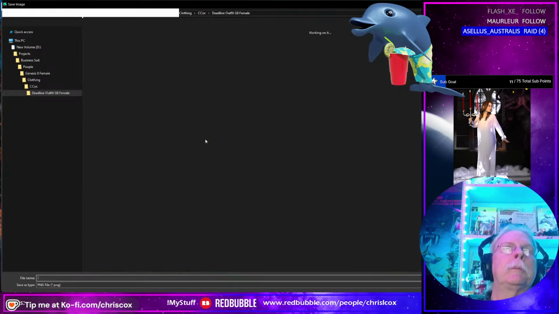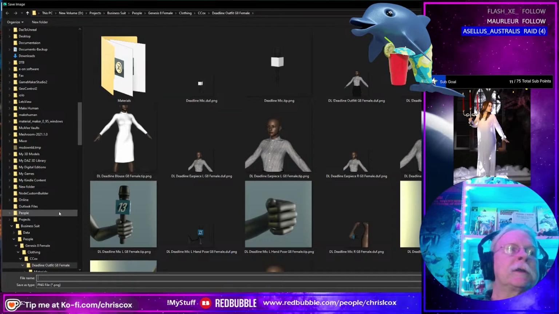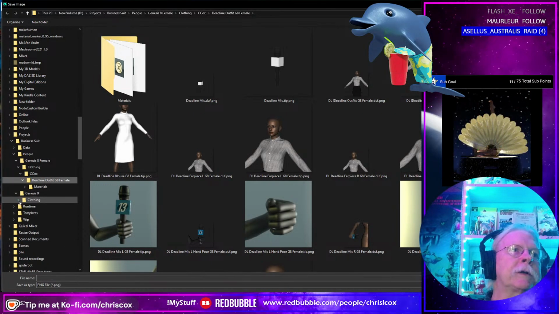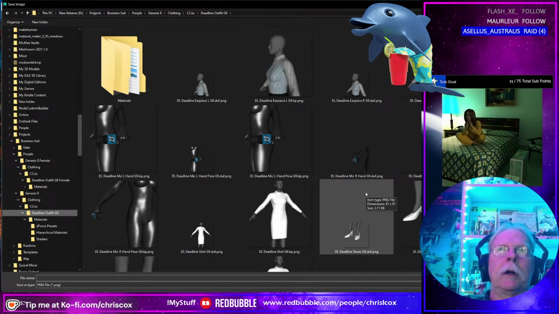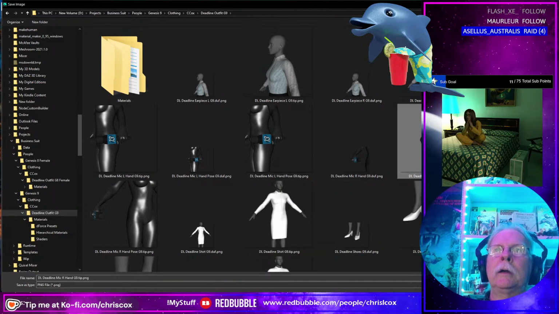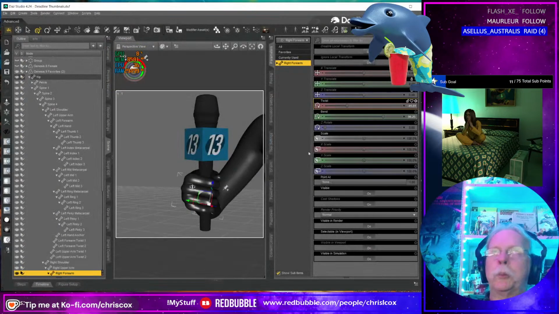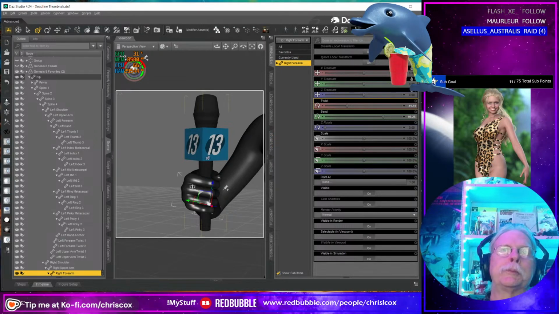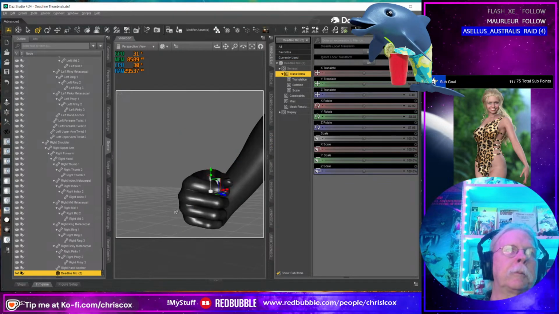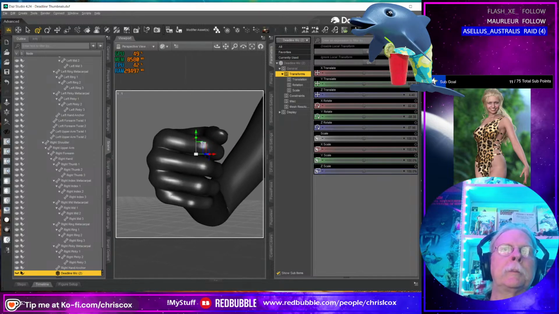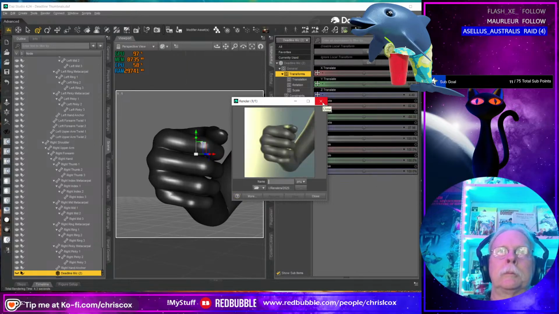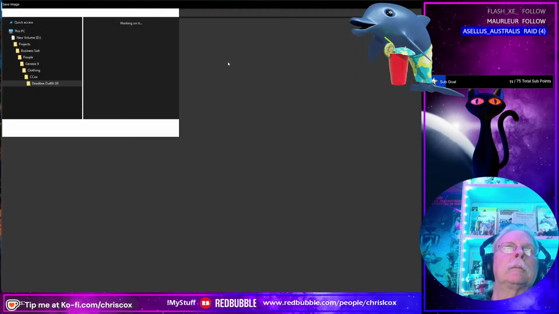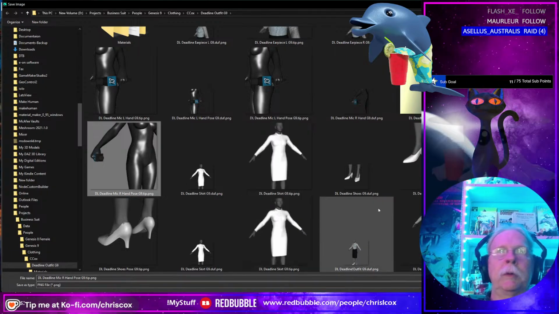Looking good. Okay, we're still in Genesis 8 over here. So we're just going to navigate our save as last render to Genesis 9. Right there, actually. And I am rendering the right hand with the mic. There we go. Then we're going to hide that mic. I'm just going to zoom in on that hand. I'm going to render that. Save that. That's going to be right there.